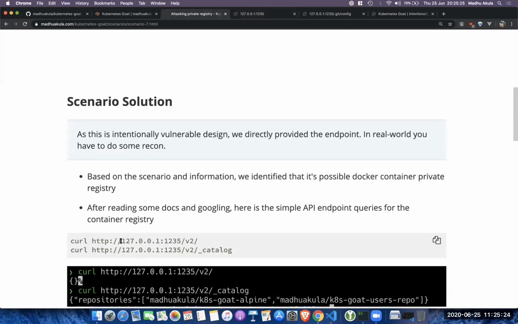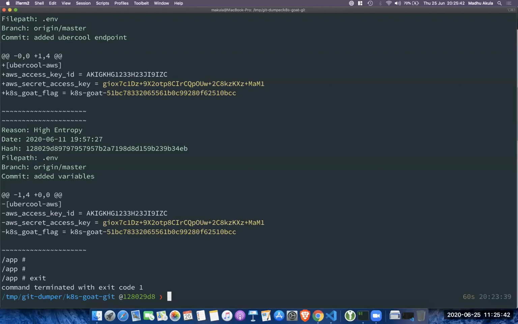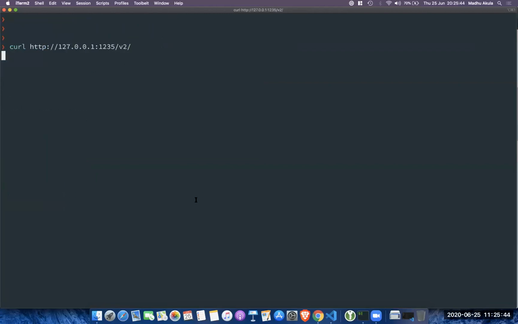The Docker private registry has some API documentation. If you follow that API documentation, you can make a query to the registry API and understand what images are available, what manifests they have, and each and every piece of information, right? So let me go ahead and run a similar command like curl.